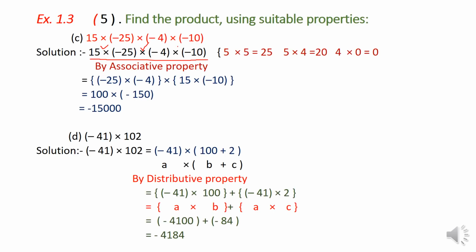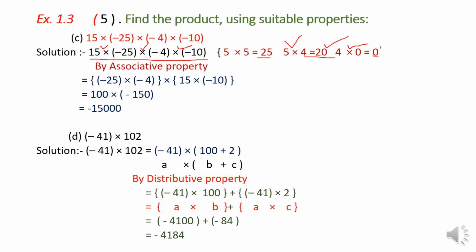Now, let us consider the multiplication of ones place. 5 multiplied by 5, first two numbers, this will become 25. 4 multiplied by 5, that is second and third number, gives you 20, and last one is 4 multiplied by 0, this will give you the product 0. So, here two products are there, 5 multiplied by 4 and 4 multiplied by 0, where you are getting the ones place 0.